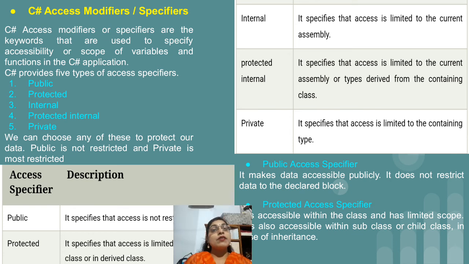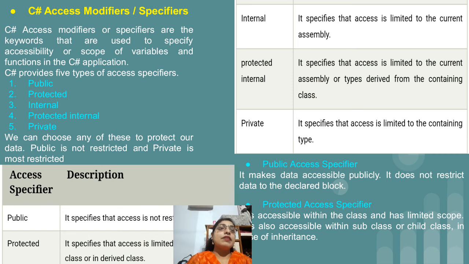Then we have protected. Protected means if we declare variables with the protected access specifier, then if the particular class which contains the protected variable is inherited by some other class, then that class can access the members which are protected by nature. So basically the protected access specifier is totally related to inheritance only. That is, whatever variables we have declared with the protected access specifier in a base class can be accessible inside the subclass, not the other one, only the subclass.